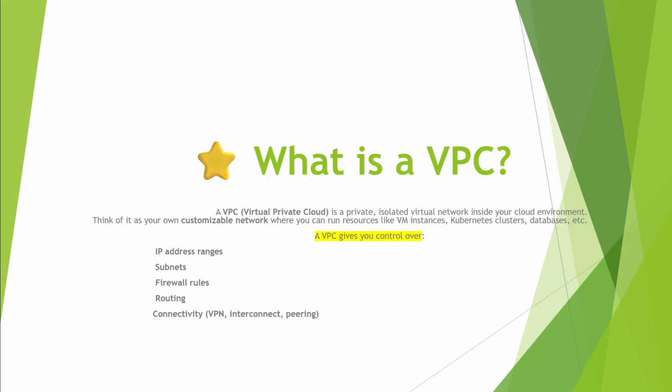So what is a VPC? A VPC is a private and isolated virtual network inside your cloud environment, right? Think of it as your own customizable network where you can run resources like VM instances, Kubernetes, databases, etc. services. And what does a VPC give you control over? It means after creating the VPC, what you can achieve over there